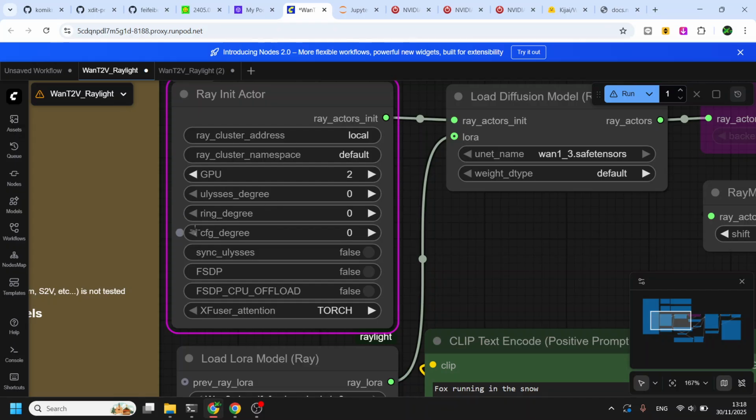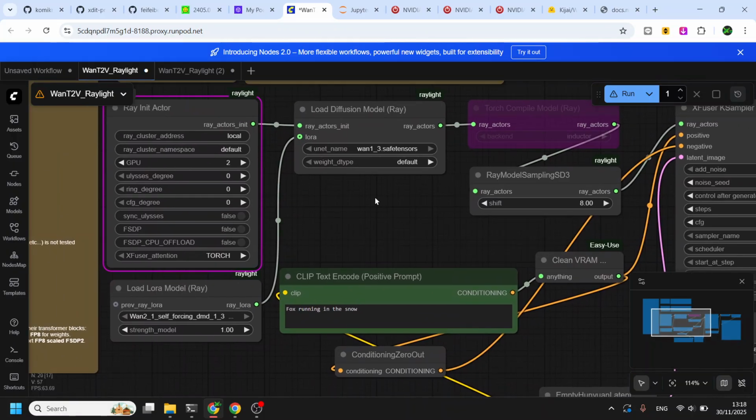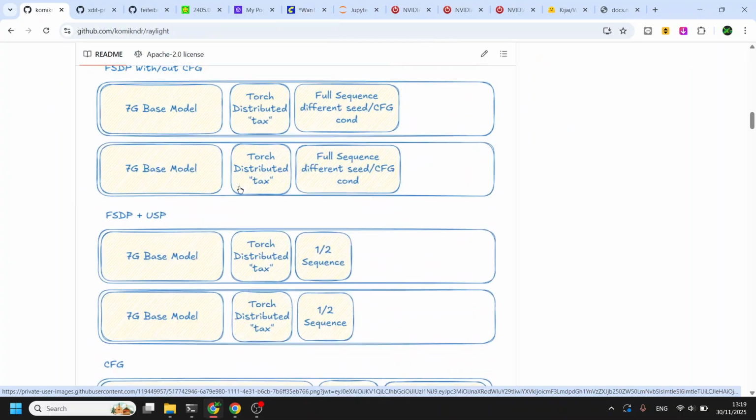However, if you use 0 on everything, it will no longer be sequence parallelism or CFG parallelism, but instead it will only use Fully Sharded Data Parallel. So each GPU can produce 2 different images, but also use FSDP. See, like this part.